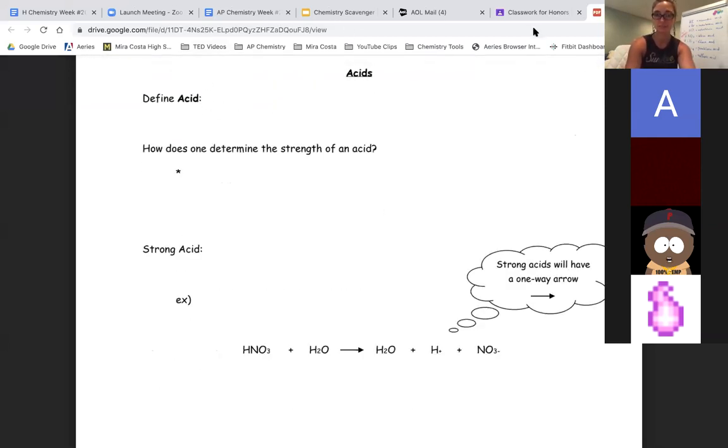So defining an acid. All right, there's a few different definitions of an acid, but I'm going to keep it simple here. An acid is a substance that donates a proton. Okay, so it's a hydrogen donor. Okay, and how does one determine the strength of an acid? Well, it has to do with equilibrium. You could look at pH or what's called a Ka value, and we'll get into this more in varsity chemistry. But essentially, the stronger an acid